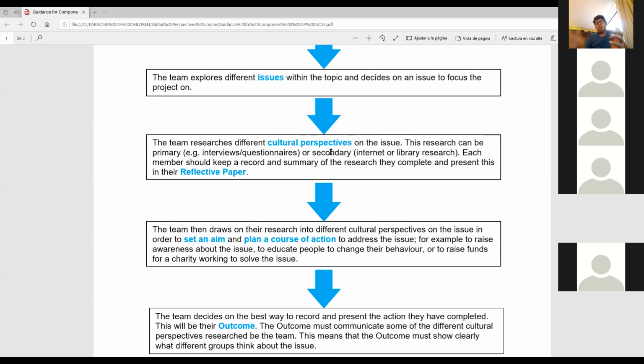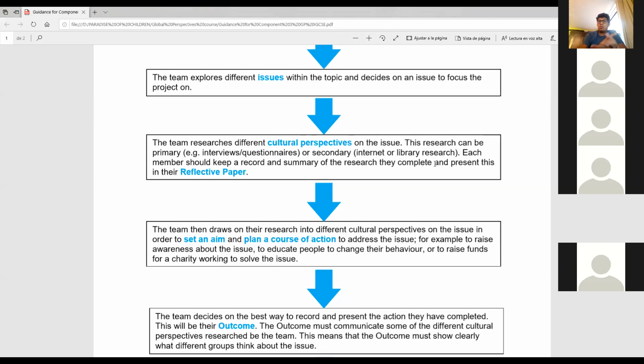And you need to be very clear about how the national perspective and the personal perspective might be totally different in a country or in a city. Okay? So how are you going to explore these perspectives? Now, we have to use either one of those research methods, which is the primary research or the secondary research. But I expect from you that now that we are in state of quarantine, you start with the secondary